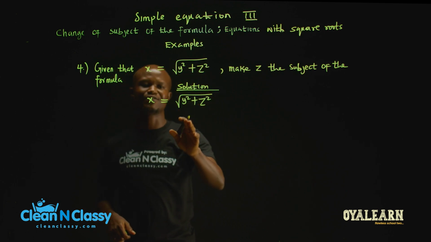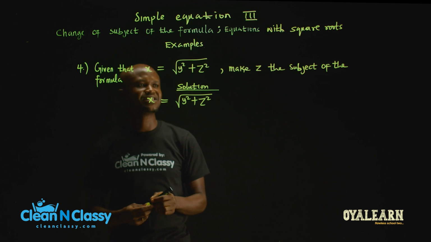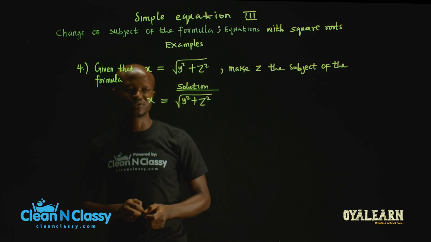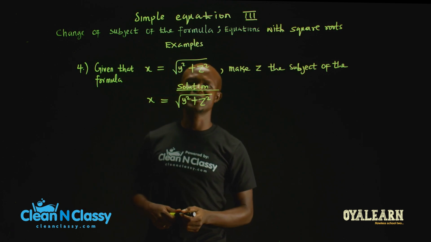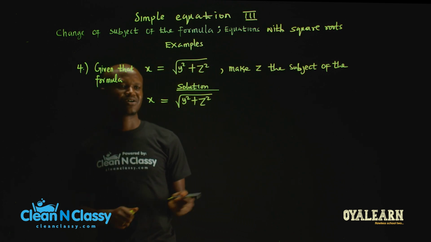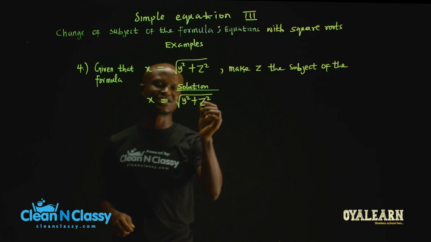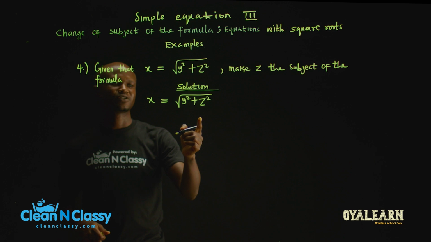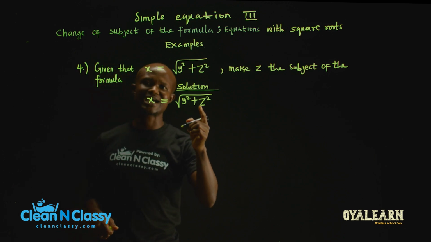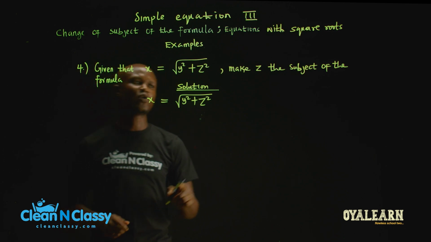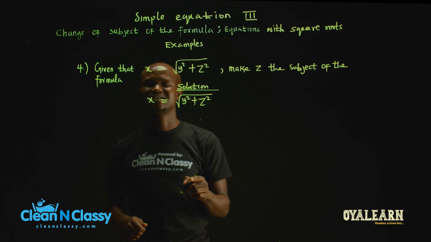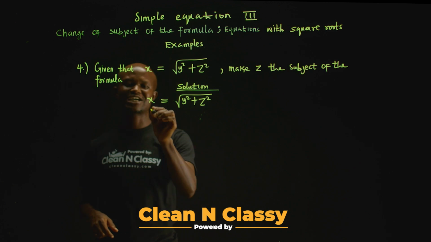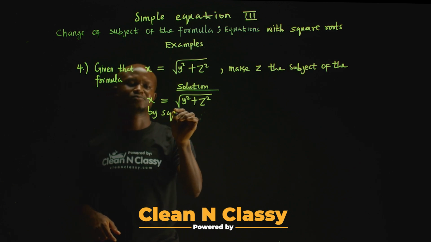Now, looking at what we have here, we want to find z from this equation. For us to make z the subject of the formula, we can see that inside the square root, z squared is a term. So since z squared is a term inside the square root, and we want to make z the subject of the formula, then we need to square both sides. By squaring both sides,